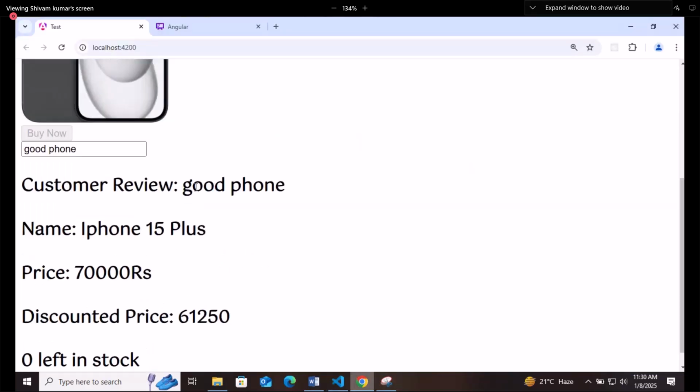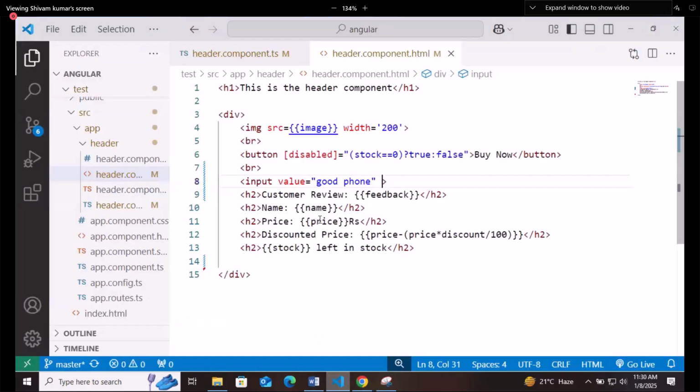This good phone is coming from the component, and this good phone you are directly writing here. Can't you give the good phone value from the component to here? Means in this input box you are writing the good phone. Can't you use that headers file? Yeah, you use how? If you are trying to say that value equals to curly brackets,